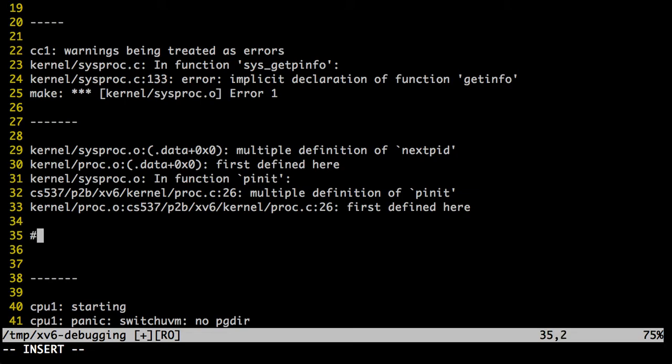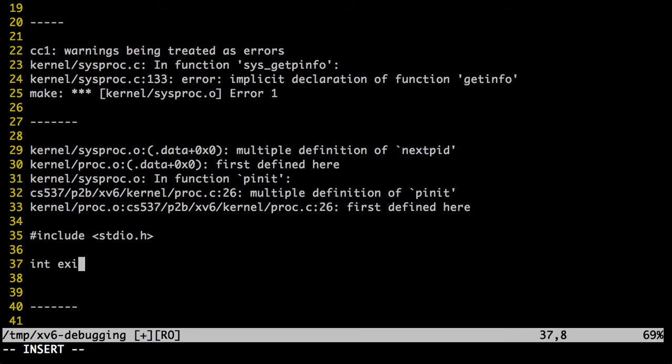So, let's say you include stdio.h, and then in your code you say what exit means, for example. And you say something like printf. Okay, if you do something like this, for example, then it will tell you that exit is being redefined, right? Because in the include file that you already had, I don't know if stdio has exit, but let's play along. But if your function has already been declared in some other source and you're including that file, it finds that first. And so you're redefining a function that already exists. And so you'll get an error.